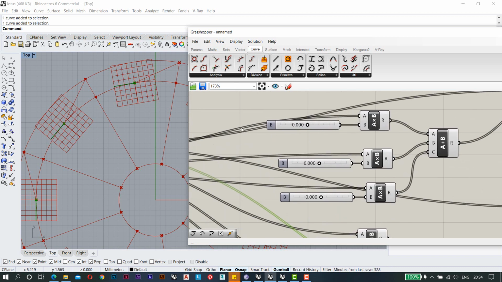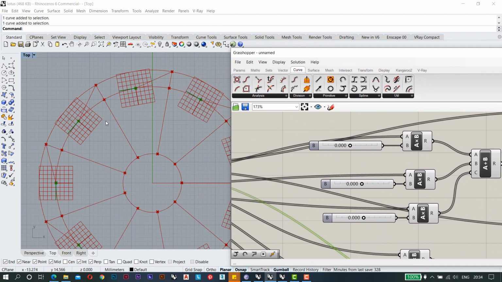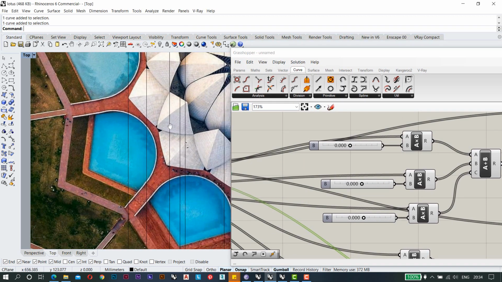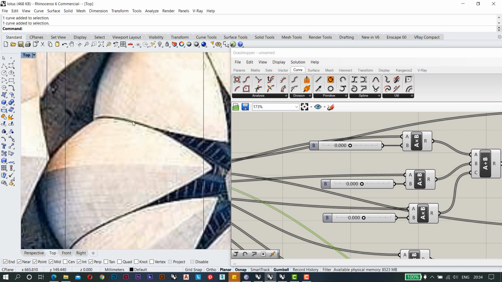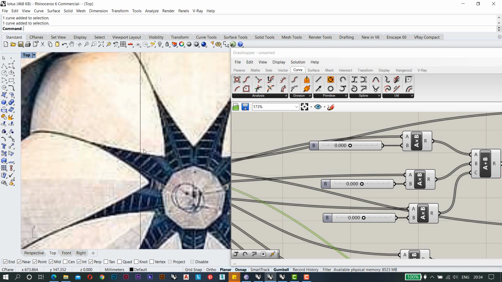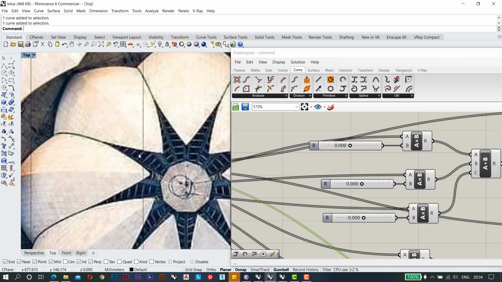First I will change the value of this one, because as you can see in this plan, these arcs are not going properly like this. They have a little turn here. We are going to make it with the interpolate curve.